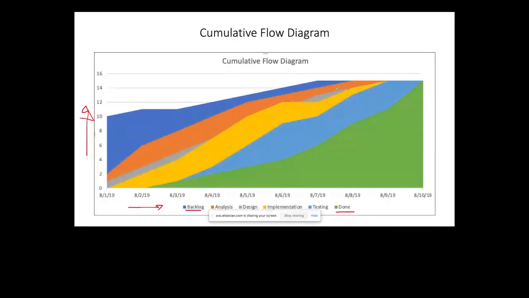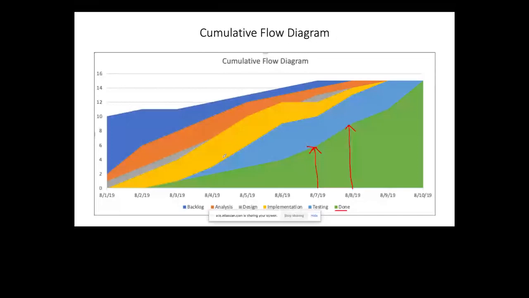Now, I showed you all some metrics. Throughput, first of all. Throughput in our cumulative flow diagram simply is the height, right? On a particular day, what's the height of our cumulative flow diagram done column? So this is my done column. Green color is my done column. What's the height of the done column day by day, right? So if you see over here, the throughput on this particular day is 6, right?